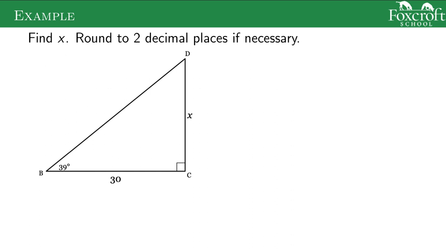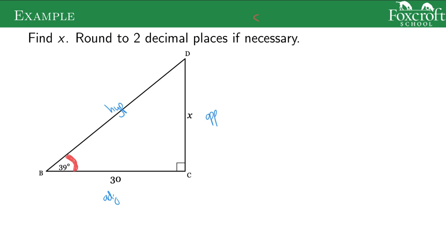All right, here's another example. Find the missing side and round to two decimal places if necessary. Chances are it's going to be necessary because we're using a calculator. Again, we have our angle that's given to us. I'm always going to use the angle that's given to us and label our sides: hypotenuse, adjacent, and opposite. So the side I have is the adjacent side, and the side I want is the